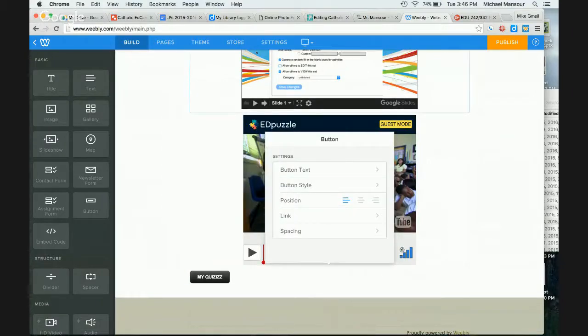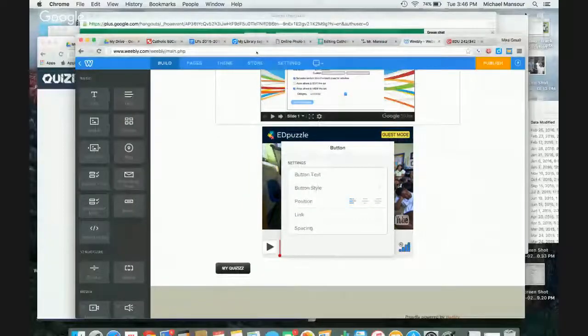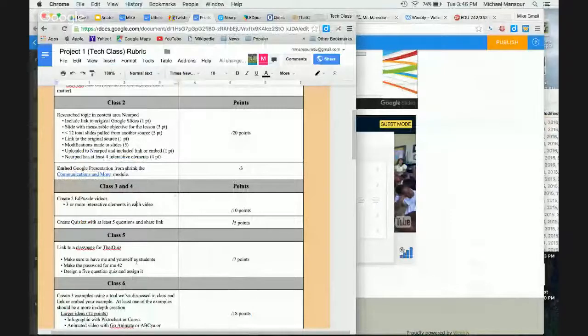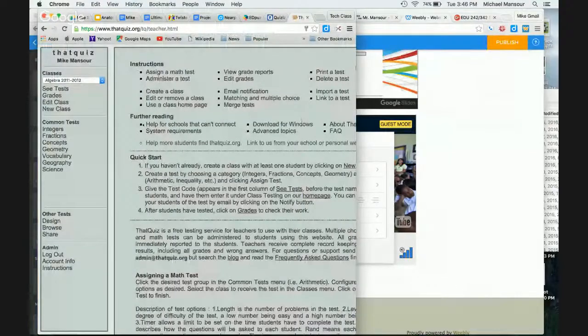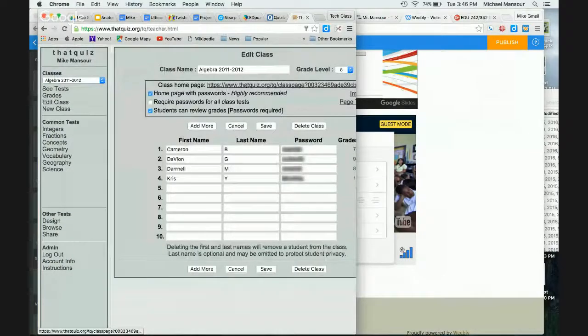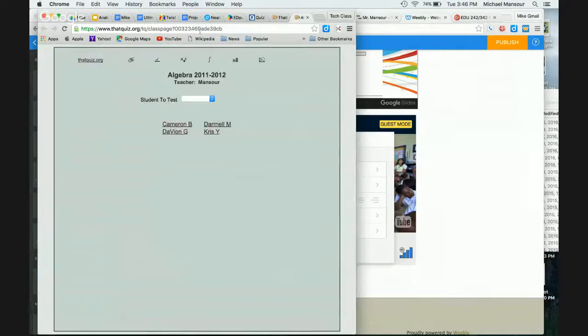So now we've completed all those things for that part of the rubric. We are all the way up to class 5. The next thing is a link to your That Quiz page. So I'm going to go to That Quiz. I'm going to log in. I'm going to go to Edit Class, find the class that I have created. I'm then going to click on the link right up here, and that will open up my class page. I'm going to copy that,